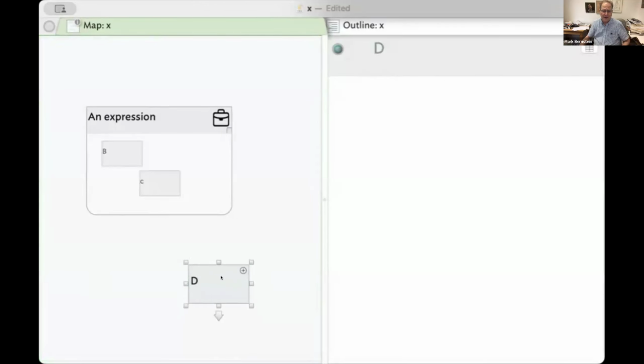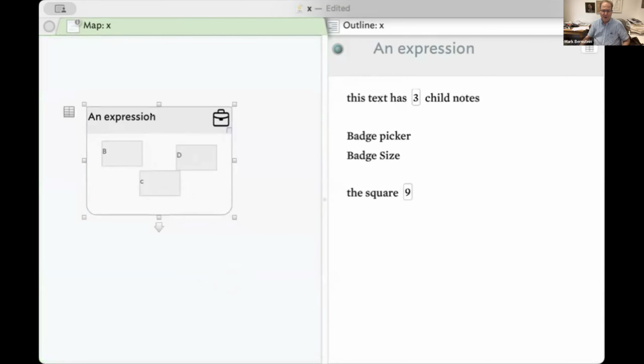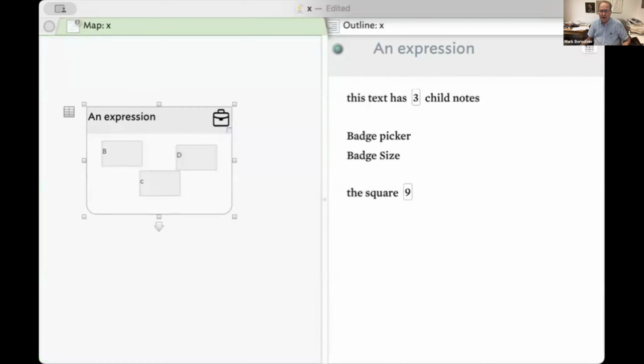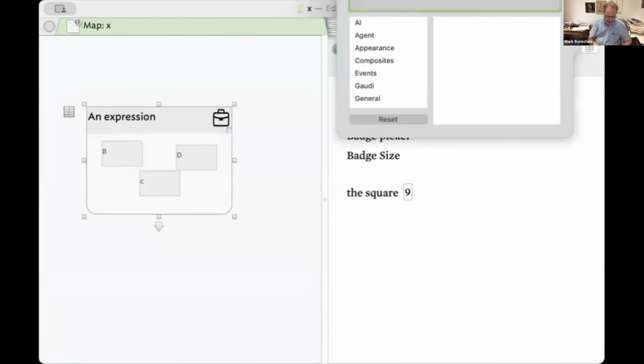I add a new child, then these get updated. Also, here's an example of one of the new badges. There are about 5,000 of these. They're built into your system, so they come nearly free. One thing I did want to point out is